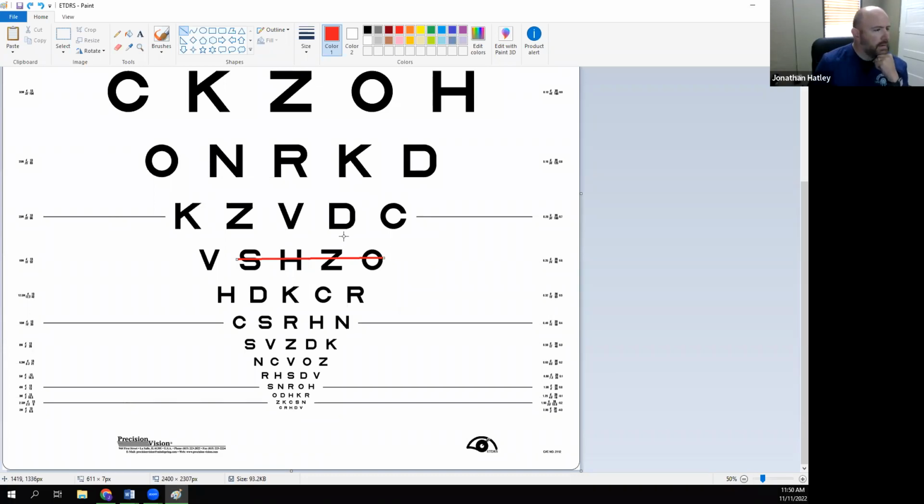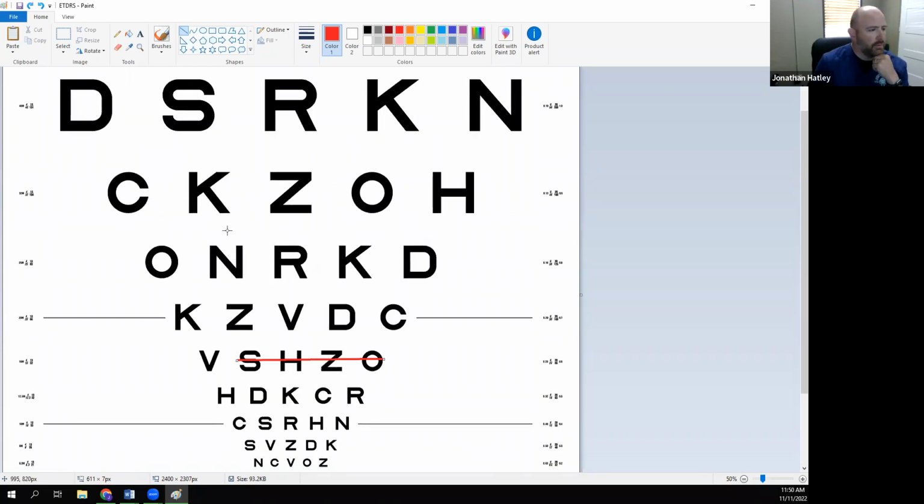So in this case, if the tests were conducted at 4 meters, it would be 4 over 20M plus 1. If it were conducted at 2 meters, it would be 2 over 20M plus 1. So the point is regarding the